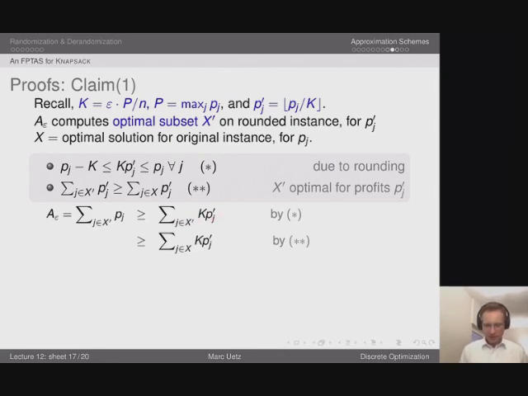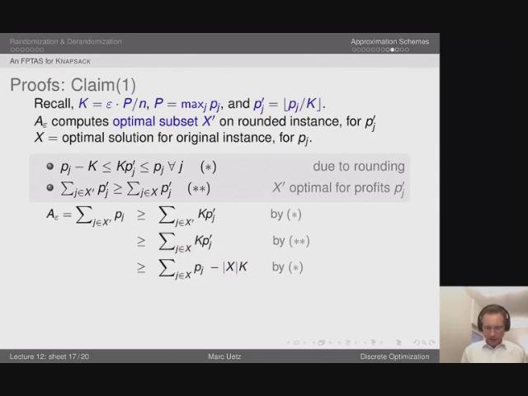Here, I use optimality of the set x prime for the rounded profit values, right? So that is the second inequality, or second observation up here, because now I exchange x prime for x. This is just a constant k, which is multiplied everywhere. So x prime was an optimal solution for the rounded profit values. Hence, I have this inequality here. Now I use the other half of this inequality. So now I get that the number k times the rounded profit values is lower bounded by the original profit values minus k. So hence I get this